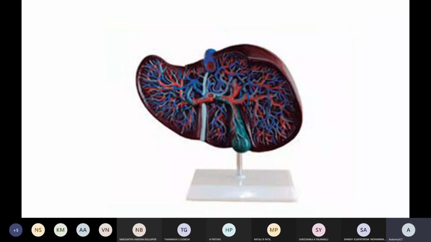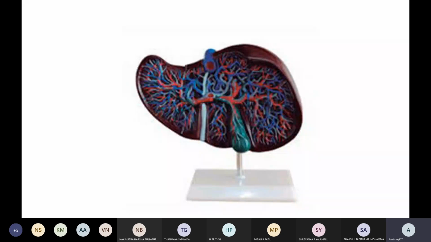Cirrhosis of the liver is cellular damage with consequent scarring accompanied by regeneration of nodules. The most common cause is alcohol consumption, which leads to damage of the cellular elements of the liver. And portal hypertension: where there is a metabolic disorder of the liver, the portal circulation is not satisfied at that time. The portal circulation gets retained and leads to hypertension. That is what we call portal hypertension of the liver.